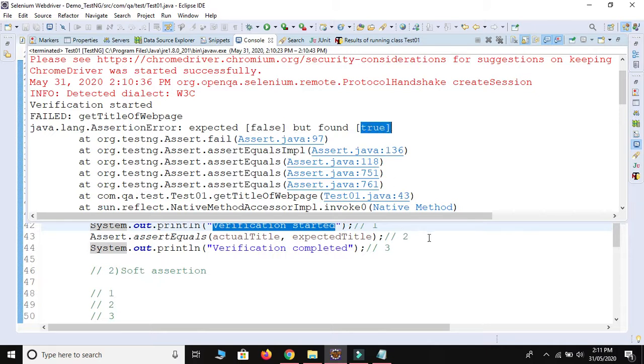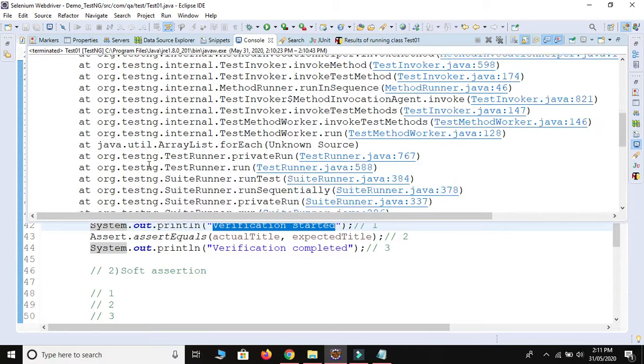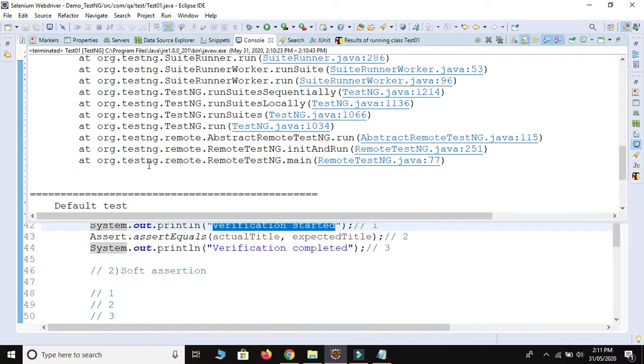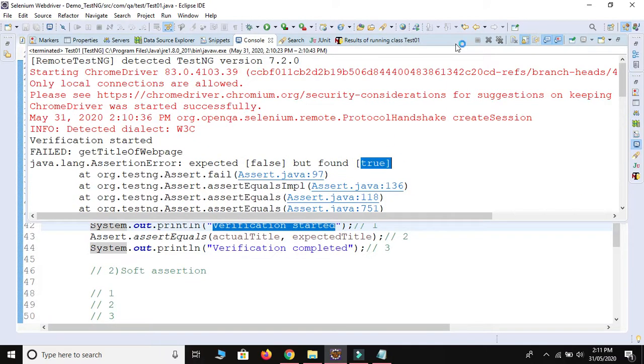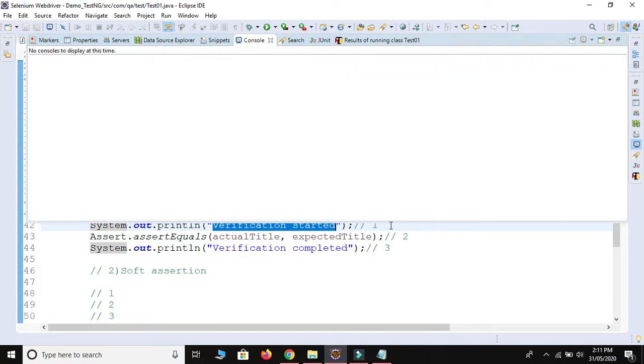So this is the exception. That's why the system gets an exception at line number 2, and it is not going to execute the remaining lines. That's why we are not able to see the verification completed message on the console, because we have used hard assertion.